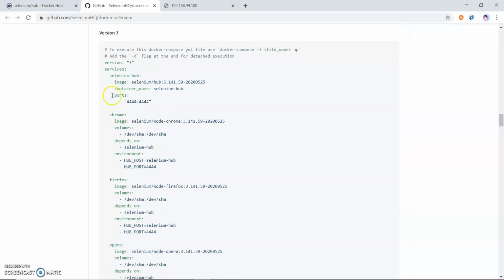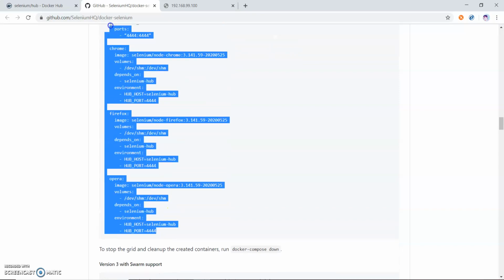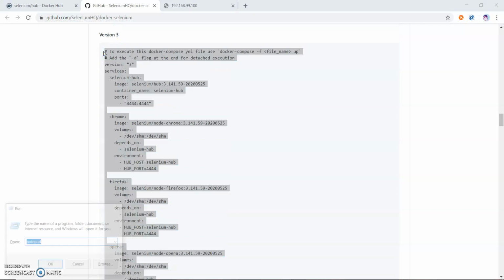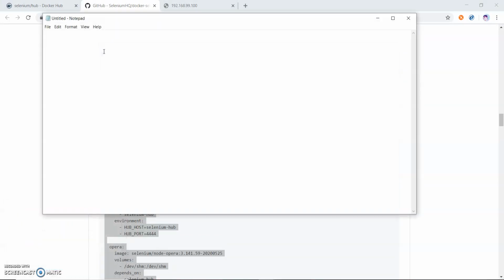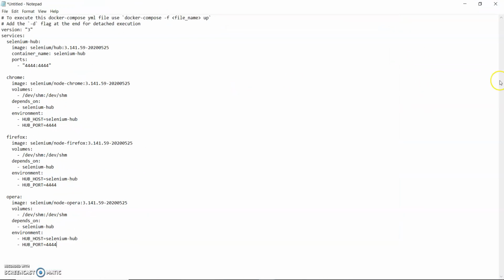By this version we can use our Docker compose. We just go and copy all the details here with Control C and paste it in Notepad. So this is my version 3. This is the one service which I have to open, and this is our Selenium Hub service which I have to open.